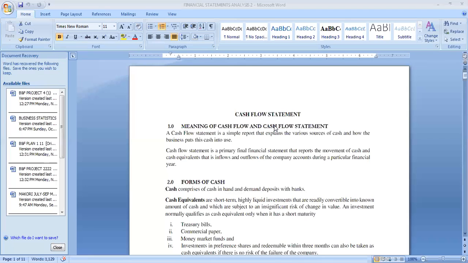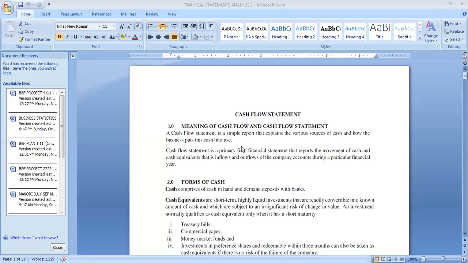So as I've said, in this particular topic, we are going to focus on two things: the cash flow statement, though we are not going to prepare it. I've never seen that question being asked, but I've seen some questions that are touching on the cash flow statement. Once an accountant has prepared the income statement and, through the income statement, the profit or loss for the business in that particular financial year has been stated,